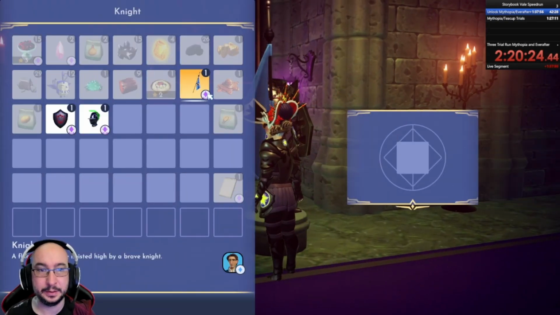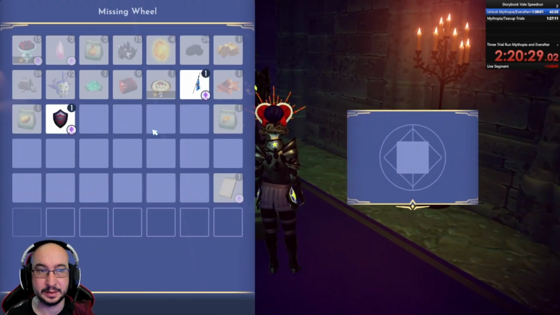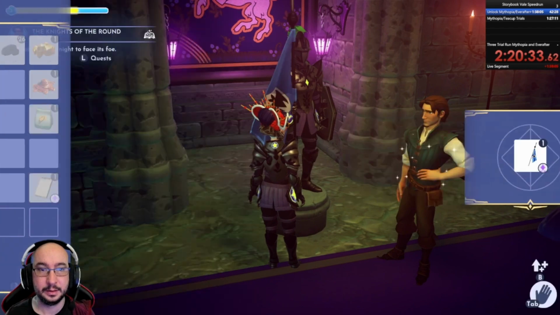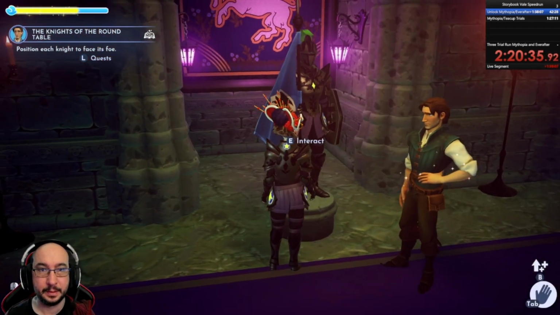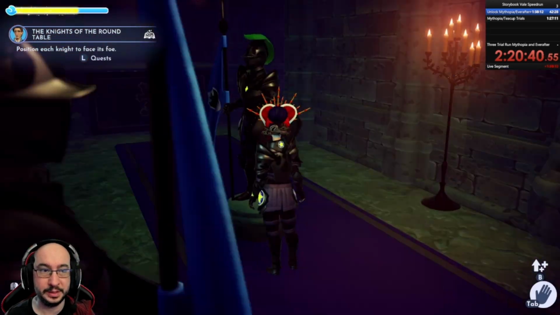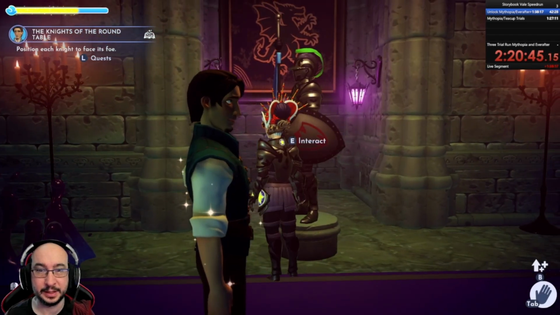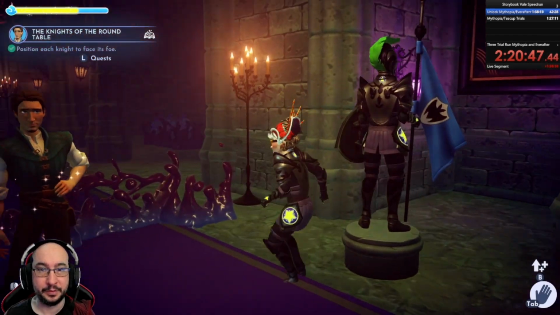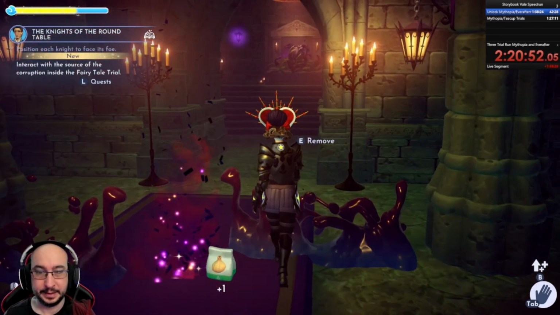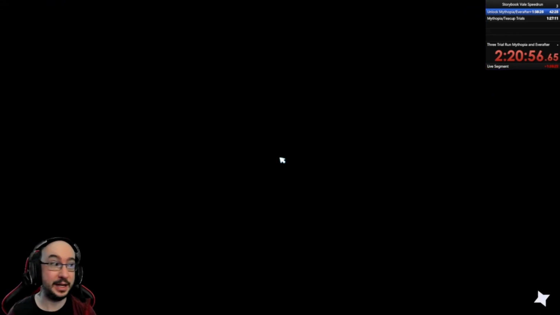Alright, so you need your head. Then you need to also look at a certain thing. You need your shield, and you need that. Okay, so you need to face the unicorn. You need to face the dragon, or the lion, and you need to face the dragon. Perfect. Yes, and then we can go back here and unlock this part of the trial,